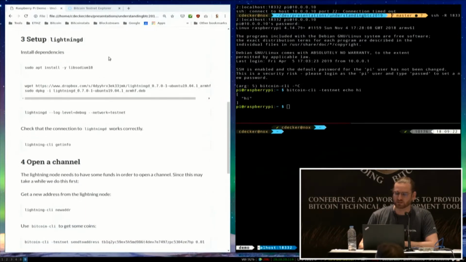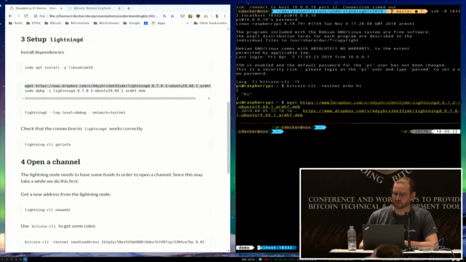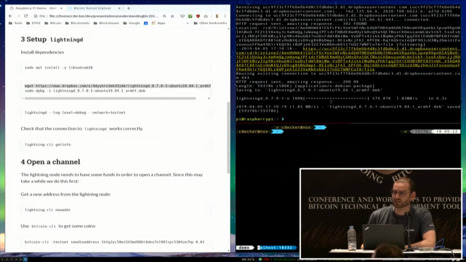So the first thing that we need to do is basically we need to download and install the C-Lightning implementation and install its dependencies. I already went ahead and installed libsodium, which is the only runtime dependency we need for C-Lightning. So we can just proceed and install the Debian package itself. So like Alekos, I'm using wget to fetch this package. It's rather small. It's less than 600 kilobytes in size. And this is the entire package that you need to install